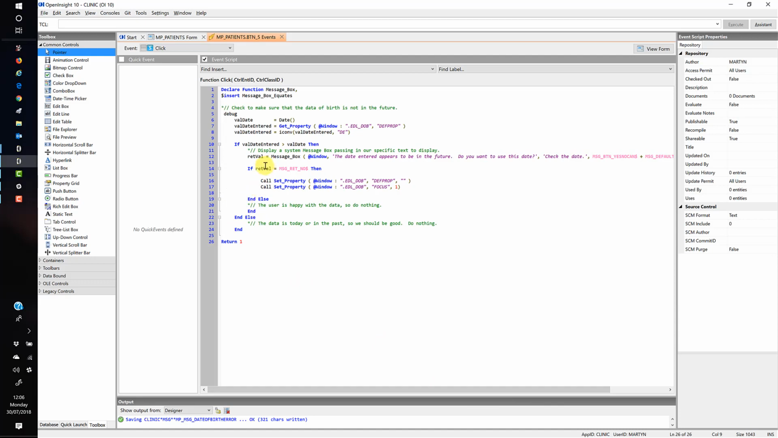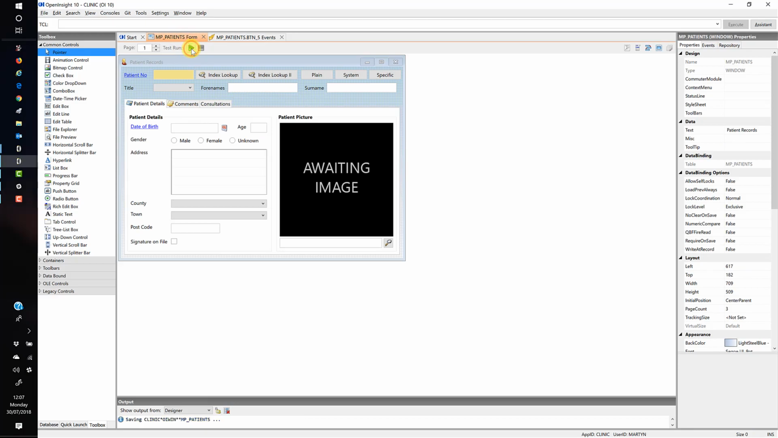And then if the user returns no, then we'll refer them back to the edit line for the date, and we'll set the focus to that edit line, clearing it out so that they can put a new date in there. If they say no, I want to use that date, then we're happy, so just do nothing and move on. So if we do a save on that and we go back and test run the form now,